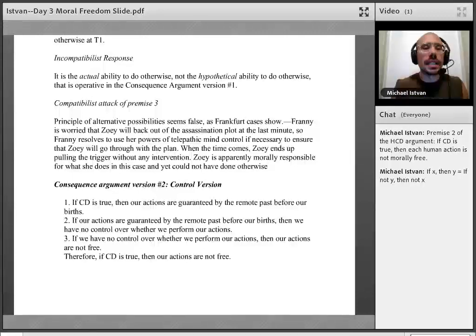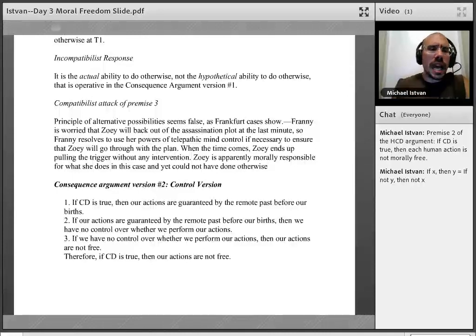Now, the most famous contemporary attack on the principle of alternative possibilities has been launched by a guy named Harry Frankfurt, a great porn name, by the way. You can picture the guy with a gold chain, the blooming chest hair, Italian horn, caught up in there. Anyway, the most famous attack on this principle has been developed by a guy named Harry Frankfurt and people who are followers of Harry Frankfurt, for lack of a better term.